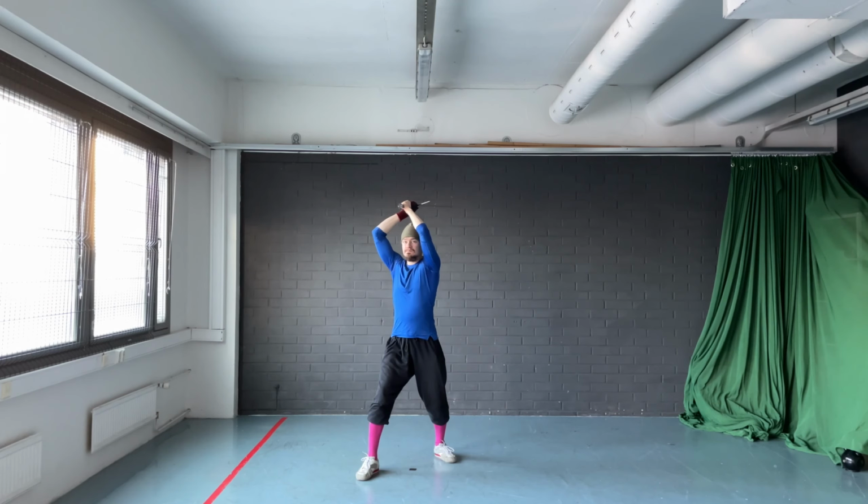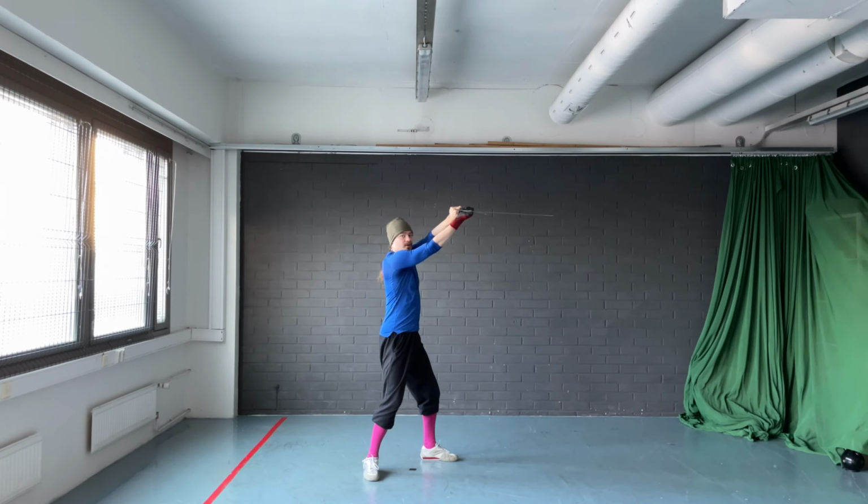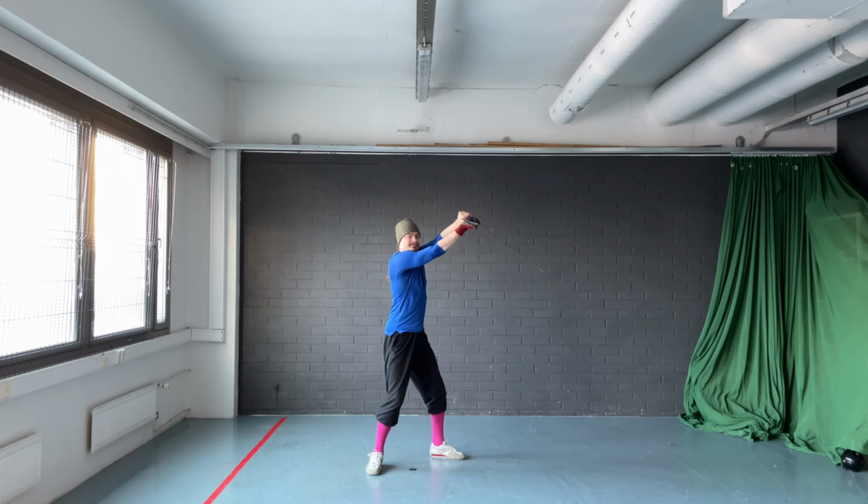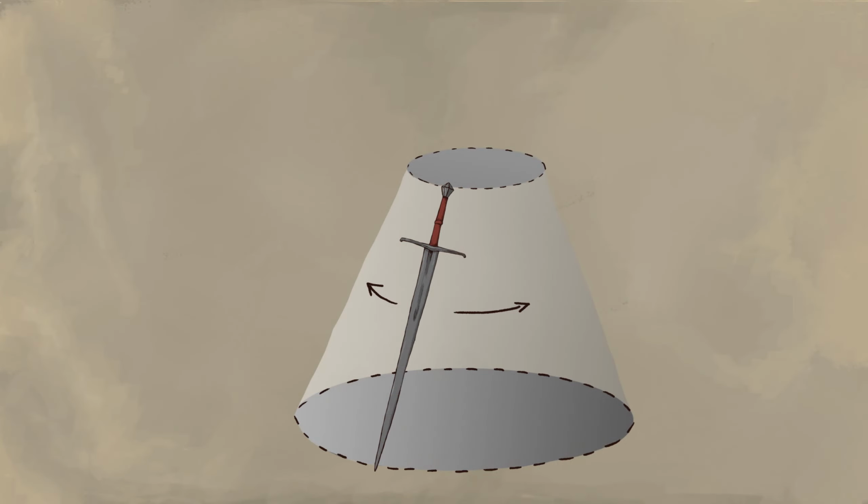Zwerchhau can definitely be done so that your hands and the blade of the sword are level. However, usually the cut is described so that the point is lower than your hands. In some applications of the cut, this is very much necessary. This brings us back to the umbrella effect I described in the horizontal cuts episode. You can visualize the issue like this.